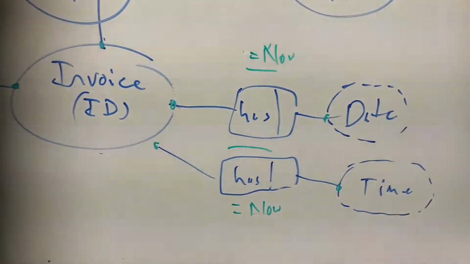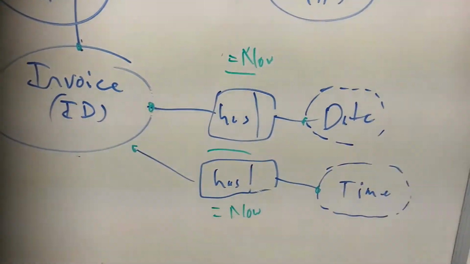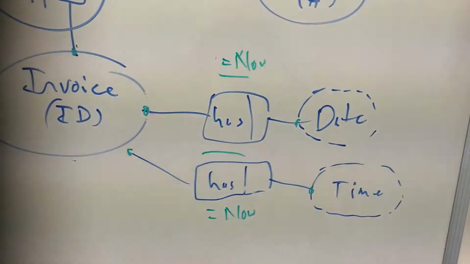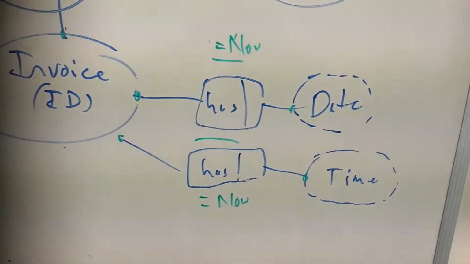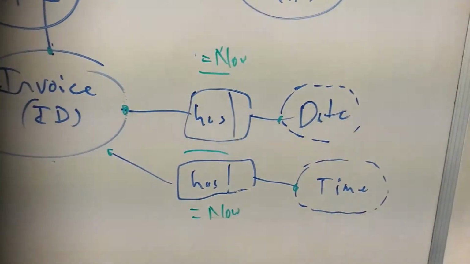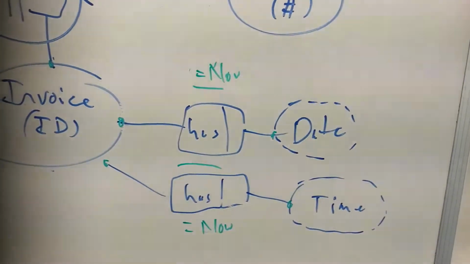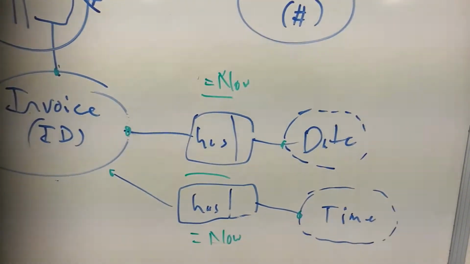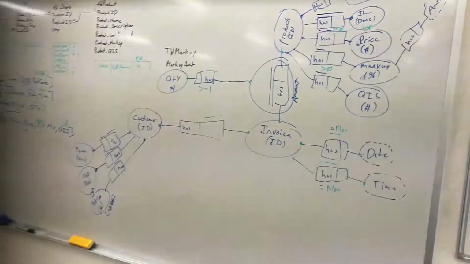And an invoice can have a time, and a time must belong to an invoice, but a particular invoice must have one time, but a time can belong to many invoices, such as 9 AM. And therefore, we've also set some constraints of the time must be now, which is the time it gets produced, and also the invoice date must be now. So that gives us the conceptual schema of this